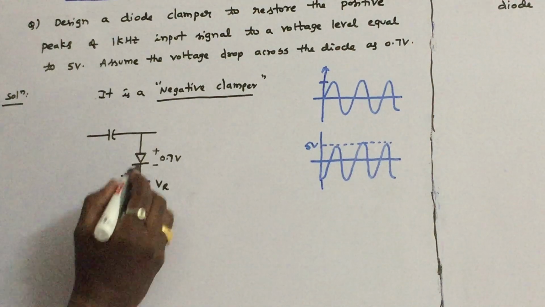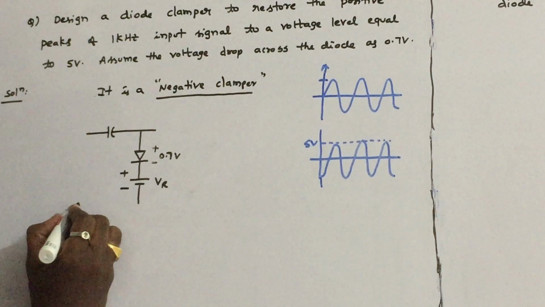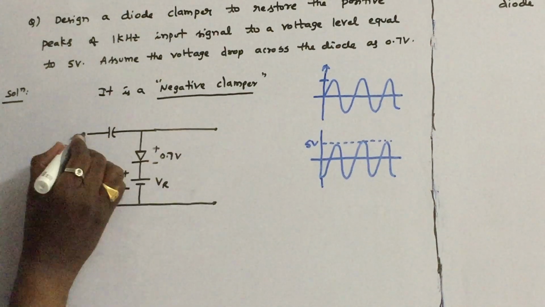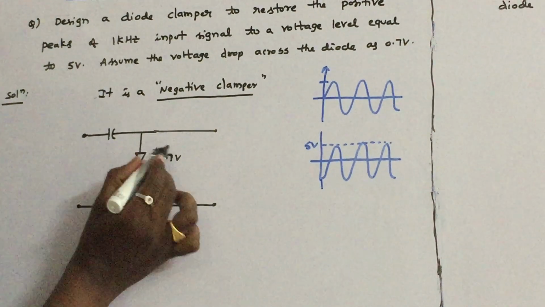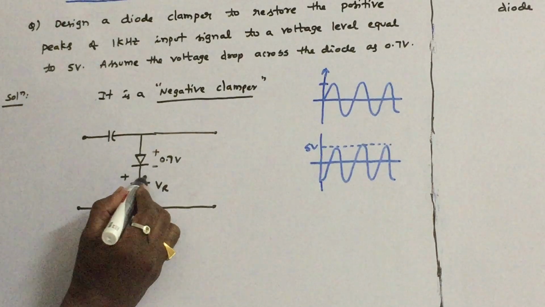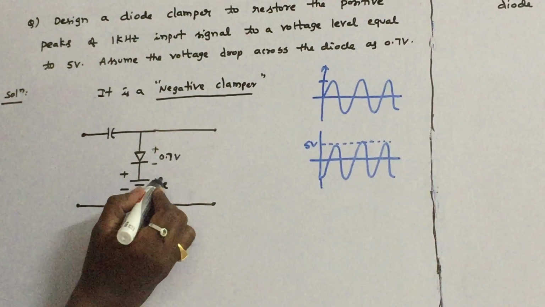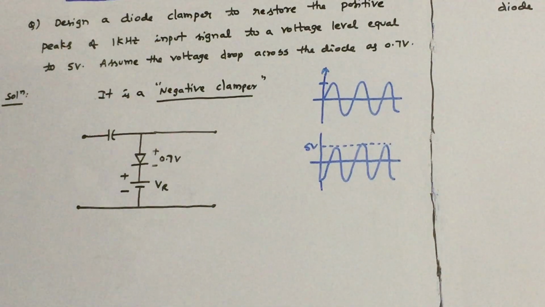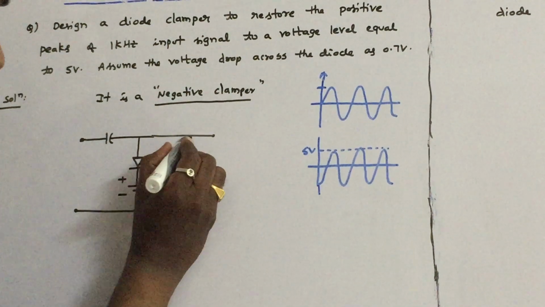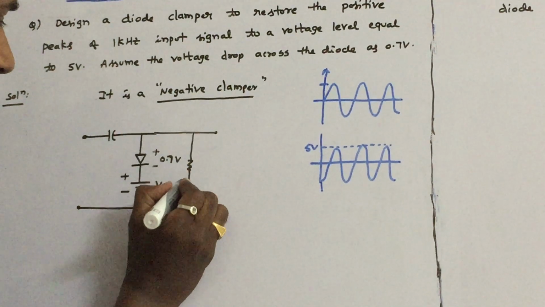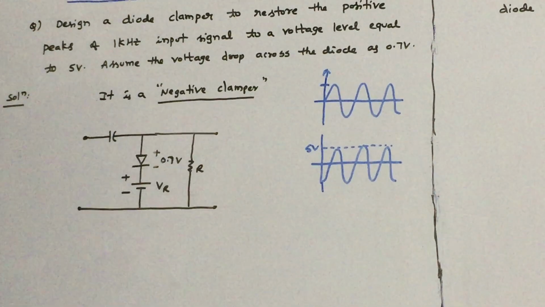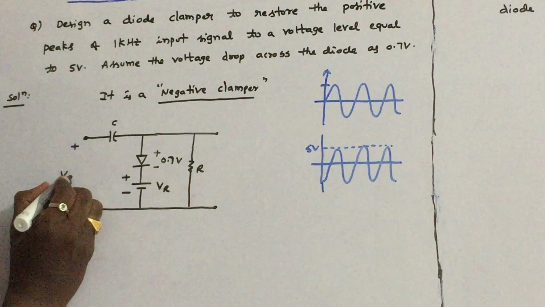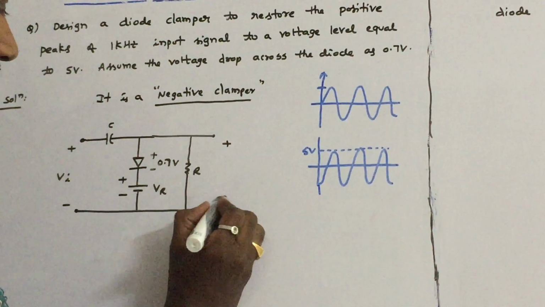Very simple problem, but the diode drop is given. Clearly observe that the diode drop is given. So just a slight modification there in the VR answer. If the diode drop is 0, what do you substitute? Plus or minus 5 volts. So therefore you can draw a 5 volts line and draw the entire input waveform. In the practical circuit, as I said earlier, place a resistor R here. This is the capacitor, this is the input voltage Vi, and this is the output voltage V0.